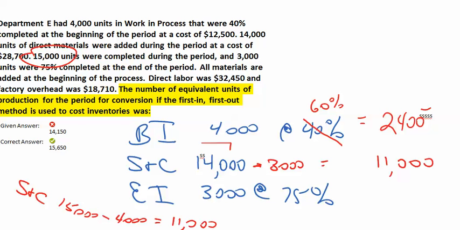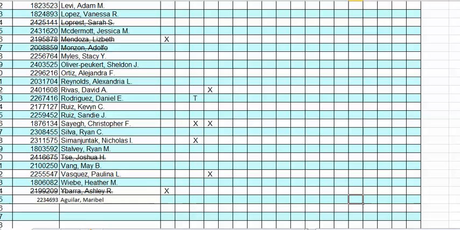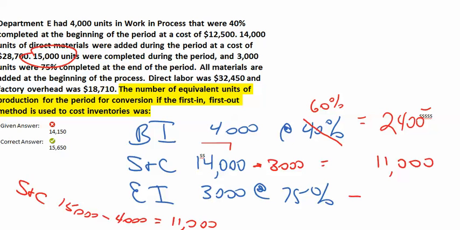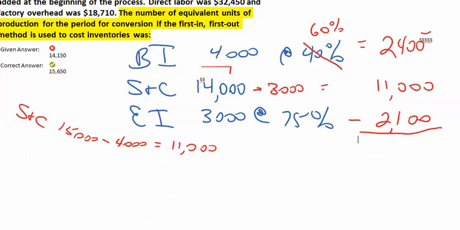Now I have to look at the ending inventory. My ending inventory, I have 3,000 units that were 75% completed. So I have, what, 2,100 units equivalent produced. So my total, then, if I add these together,